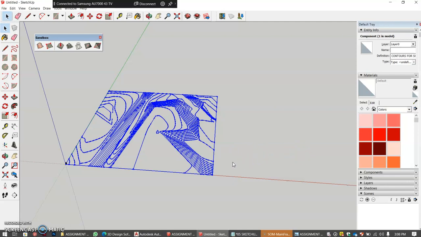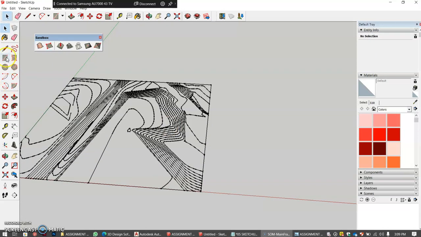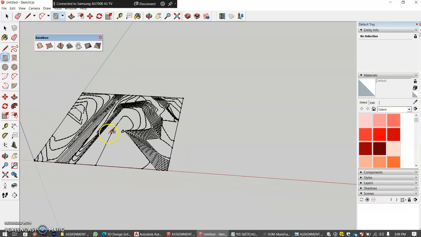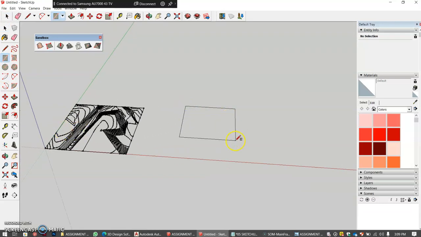Give it a few seconds and your contour lines are exploded into separate items. Next thing you want to do is to create a square that is the same size as our contour base plan. So you just click on the rectangle command, specify an insertion point away from your contours, and just type in